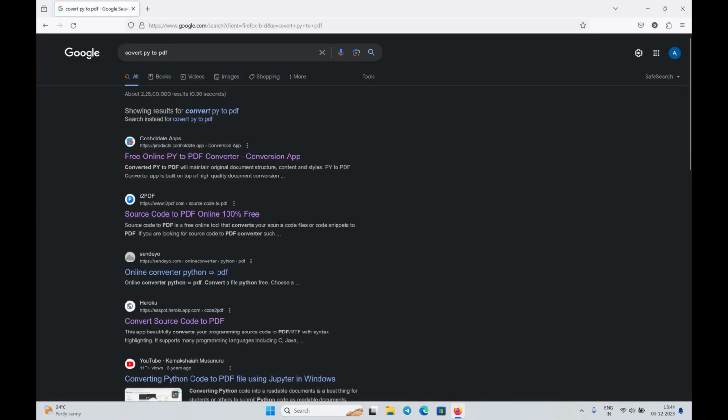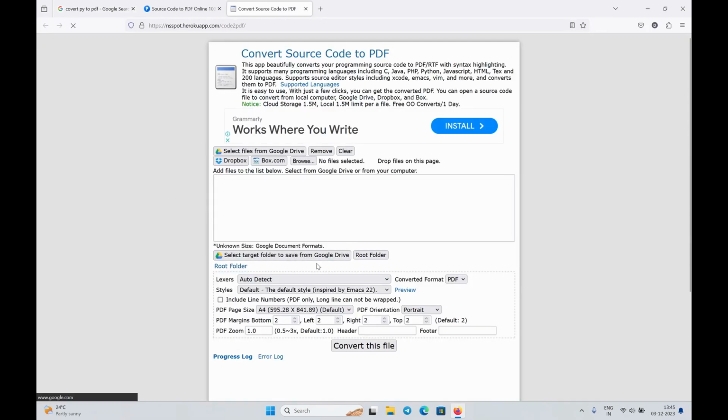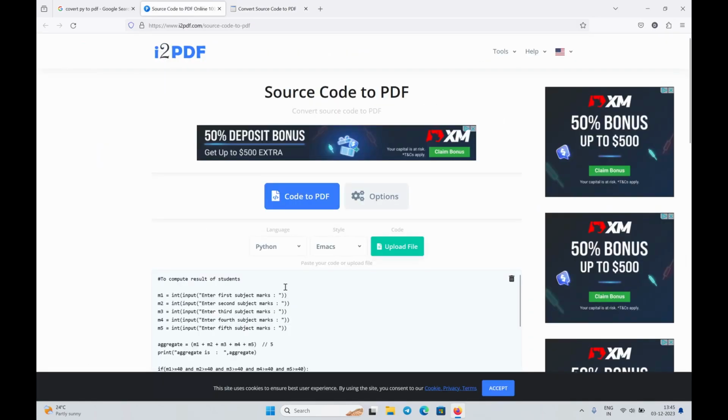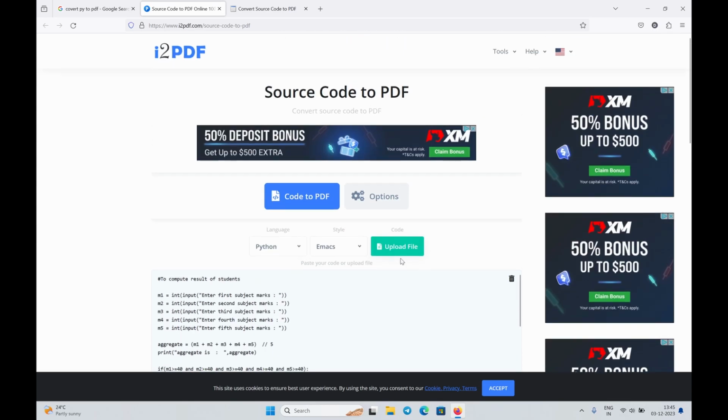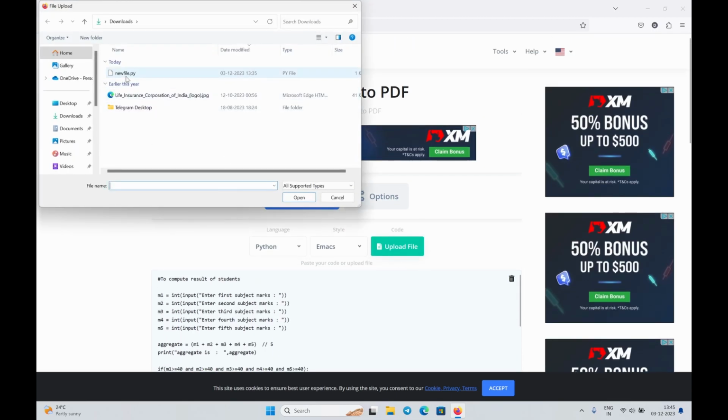After you see these options, two of these links work very nicely. You can open either of them. As you can see, this link has a lot of customization and seems a little complicated, so you can go to the other one. In this, all you have to do is upload your file